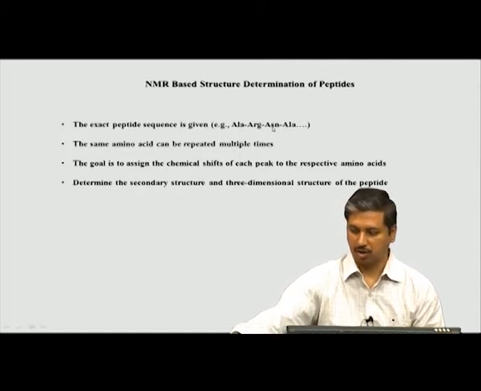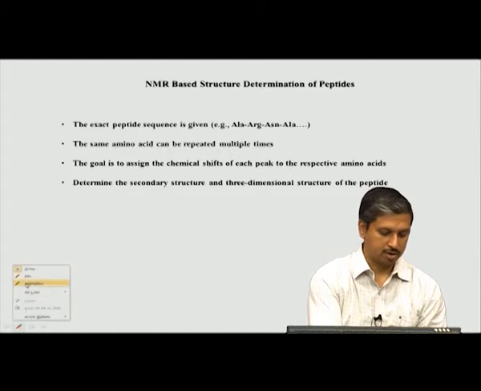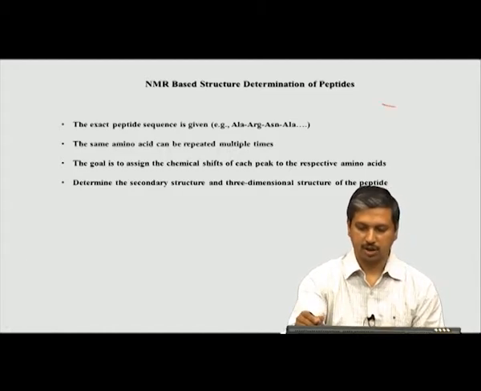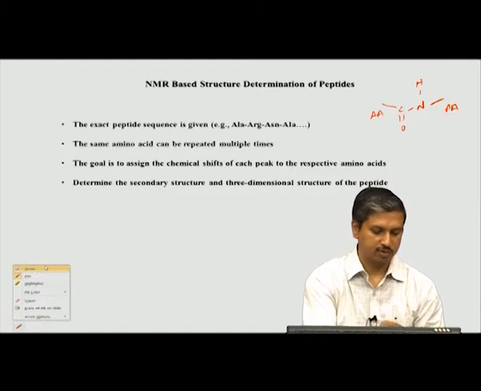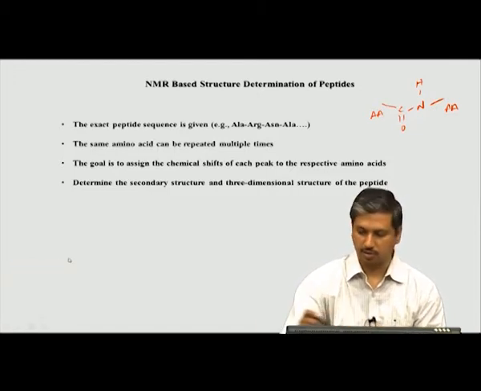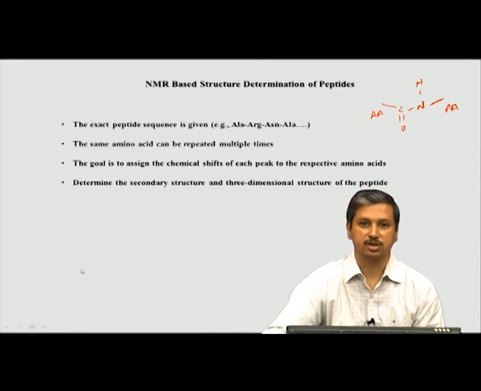So, what is a peptide bond? This is well known to all chemists. Basically, a peptide bond looks like this kind of a connection. This is one amino acid, I will note it as AA, a second amino acid, and these two are linked together by the peptide bond. This is what we are going to focus on in the next few slides, or this part of the course, where we look at the structures of peptides.